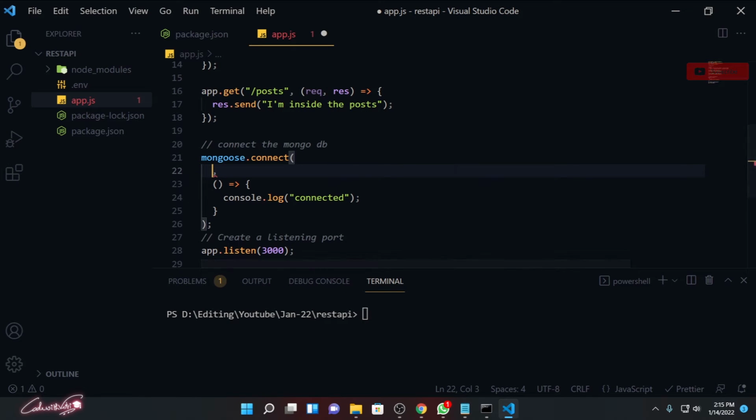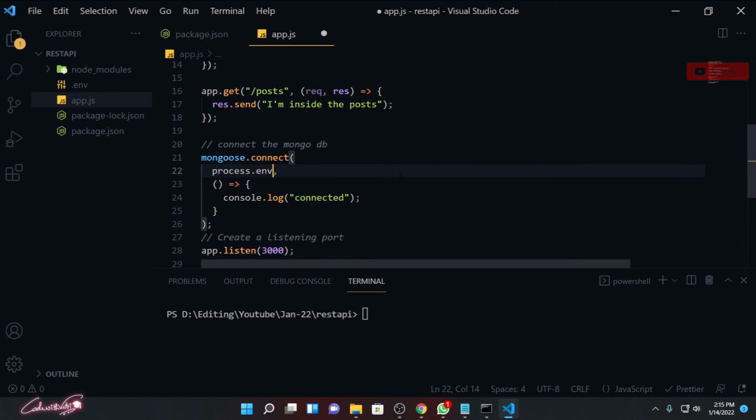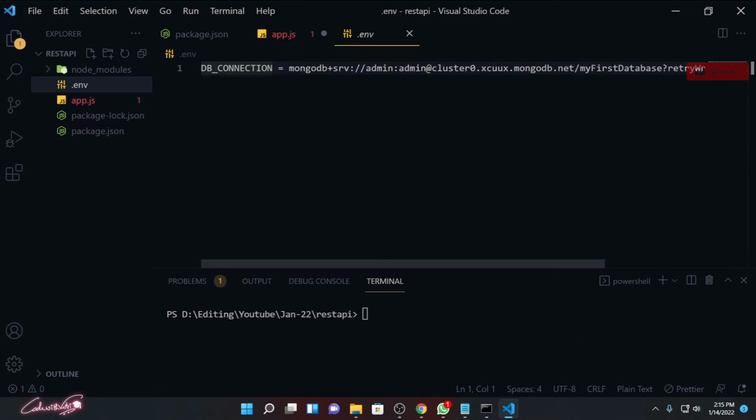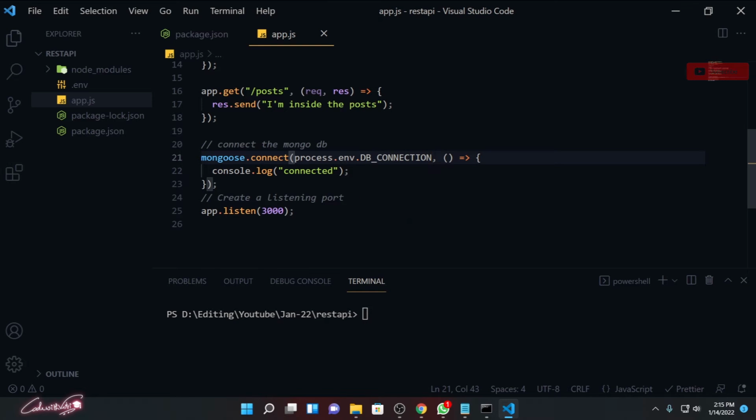Over here, instead of this string, let me delete it. Instead of that string, we are going to pass that environment variable using process.env dot the connection variable name. Give that name over here. This will fetch that string from that particular file and it will run. Save the changes. Even if you upload this code, they can't understand this DB_CONNECTION, what the connection string is and all those things,